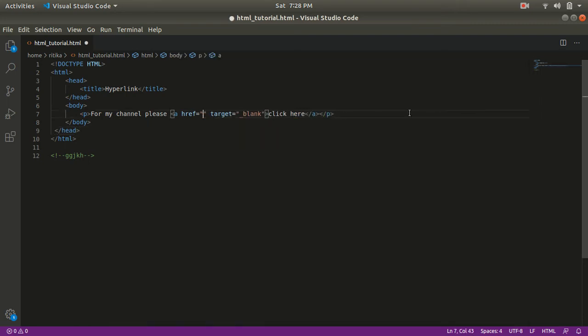As I said earlier, we are saving our page with the extension of HTML. As you can see here, my page's name is html_tutorial.html. So if I want to link this page, then we have to write html_tutorial.html. It should refresh because this is the same page we are working on. But this is a bad practice. Since I have not made any other pages, that's why I am writing this just to show.